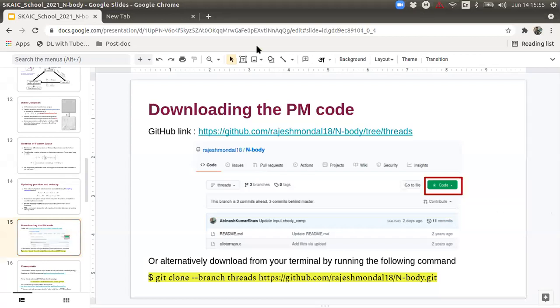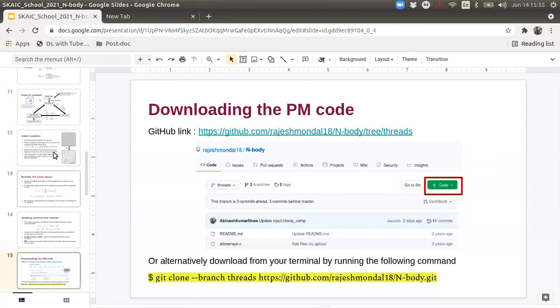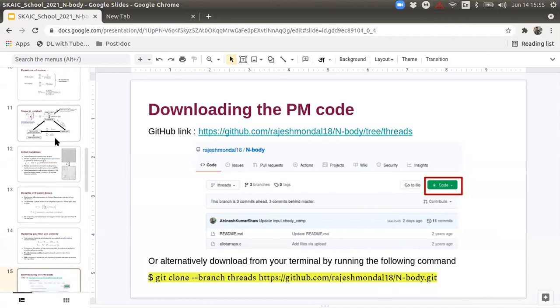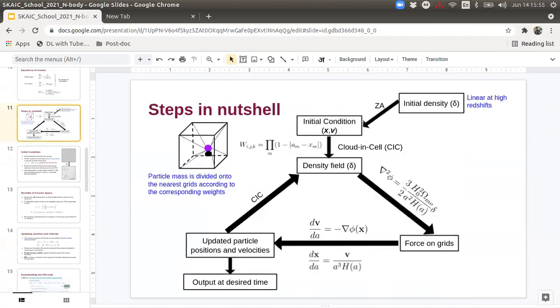Hello, Abhinash. I have something to ask. You told about giving weight to different grids based on the distance from the particle, right? I'm still confused about the construction of the grid. What if there are multiple particles inside this box? The density corresponding to every particle will be additive on the grid.